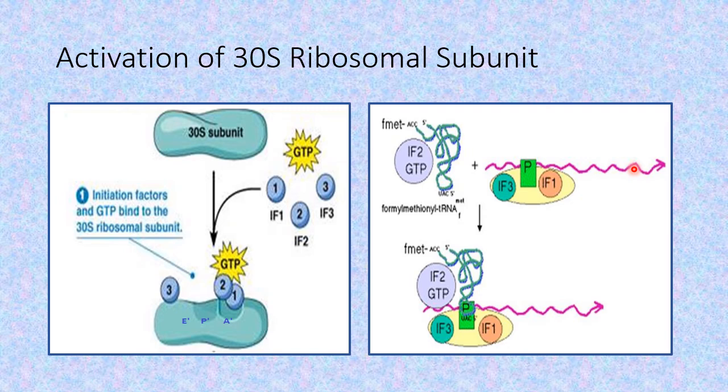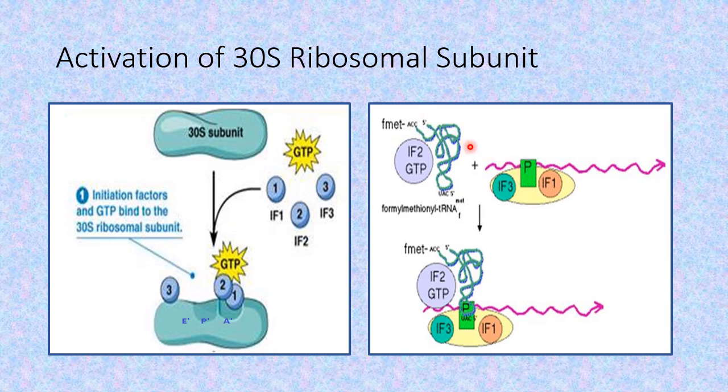And this P site has got the AUG sequence of the messenger RNA. One more thing we should understand at this point is that within the coding sequence, AUG may be present at many points, but the one that follows the Shine-Dalgarno sequence is the start codon. So only that is the point of messenger RNA that comes to lie in this P prime region of the smaller subunit with its codon AUG,